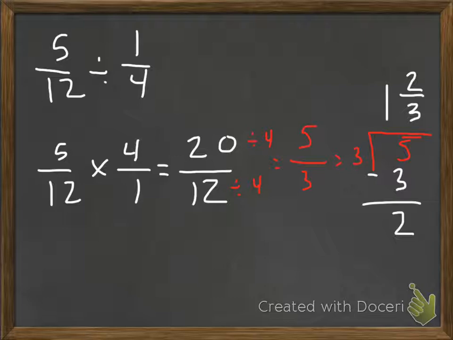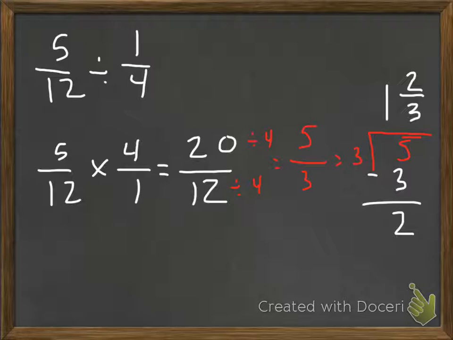What we just did right now is changing an improper fraction to a mixed number. That was done back in Chapter 2. We also did it in Chapter 10 when we did multiplication of fractions, as well as adding and subtracting fractions. So they've been doing this a lot, so hopefully by now they know what an improper fraction is and how to change it. The other thing you could have done is